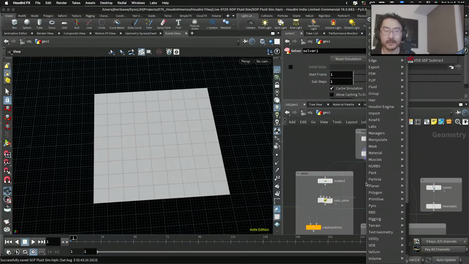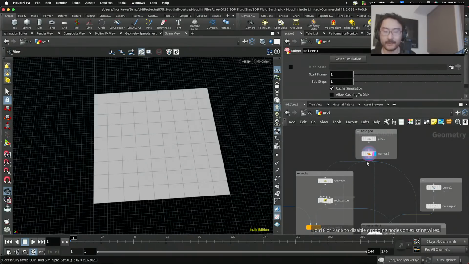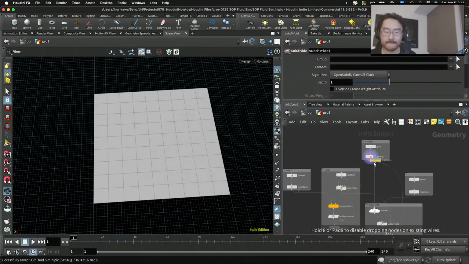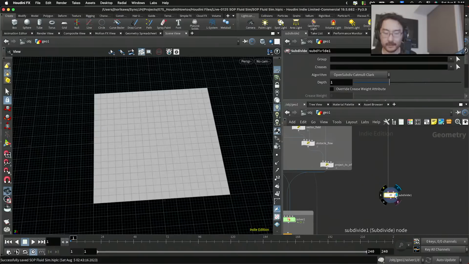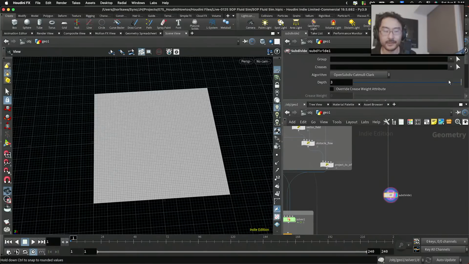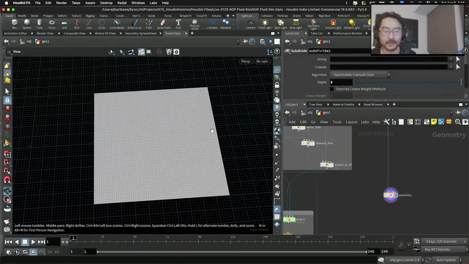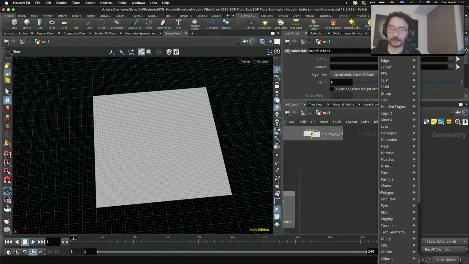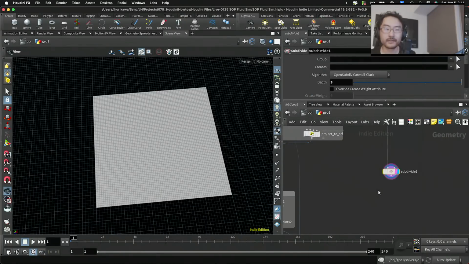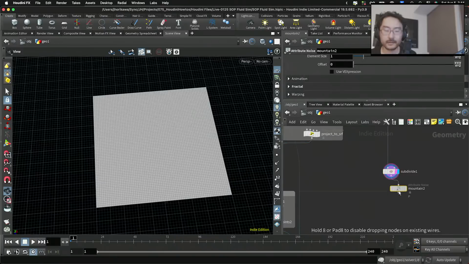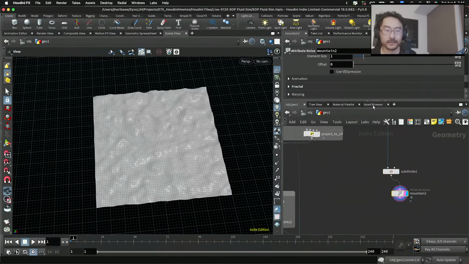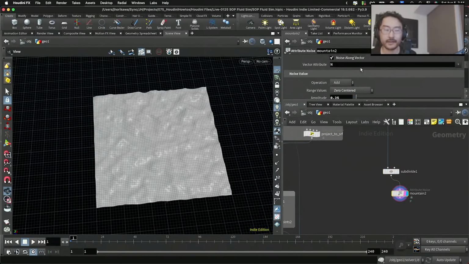Let's see. I'm gonna subdivide it. Make a bunch of points like that. If I use mountain node, something like